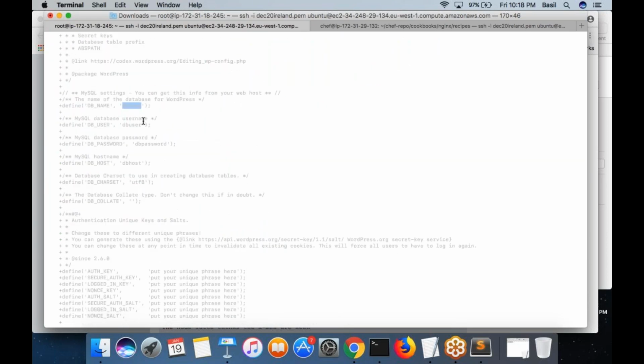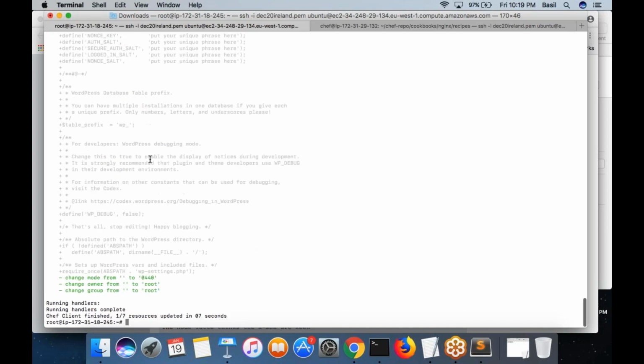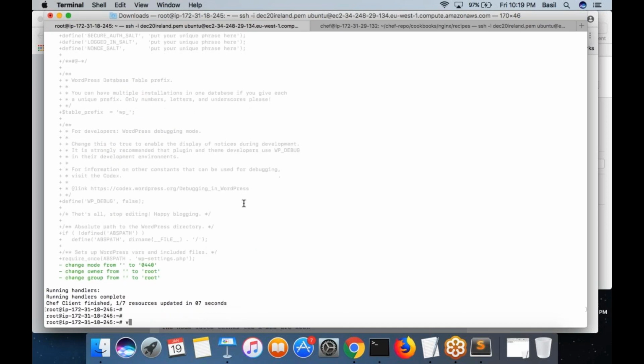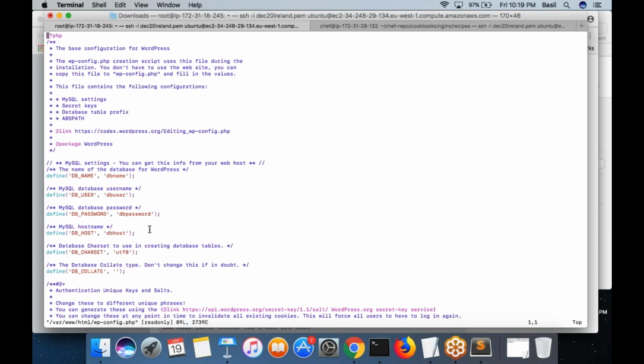For some reason, the values are not being taken. I don't know. So the file got copied, but I think it did not get replaced correctly. wp-config.php, they didn't get the actual names.